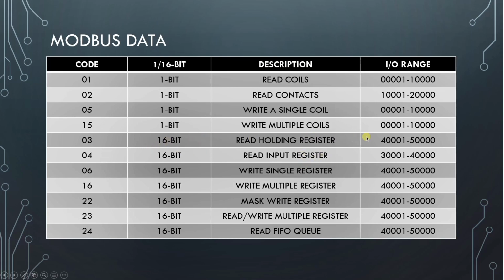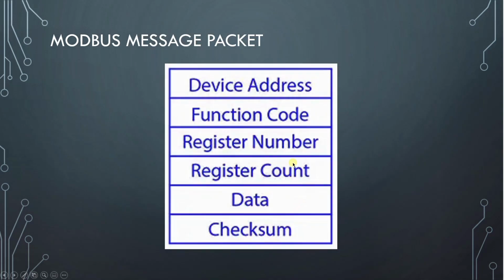So for the holding register, you see the function code 3. This is a standard for Modbus, and the register addresses are 4001 to 5000. So let's say 4001 holds a temperature value for you, and 4002 holds a humidity value. So your packet is going to say, I need data from device address 2, function code 3, register number 4003, and